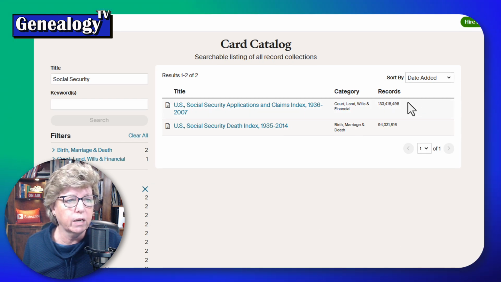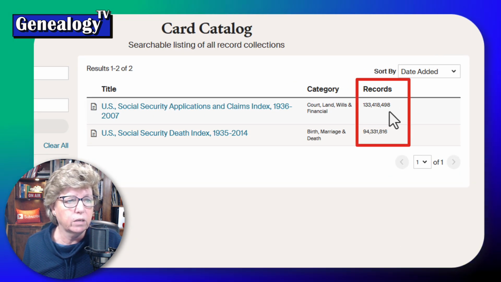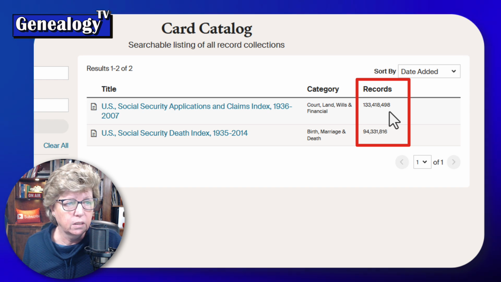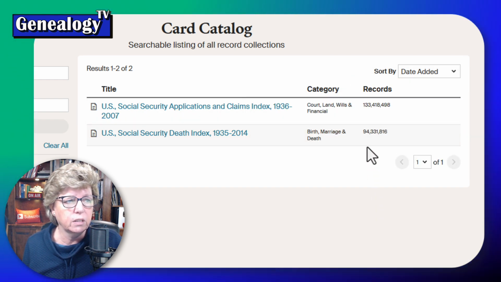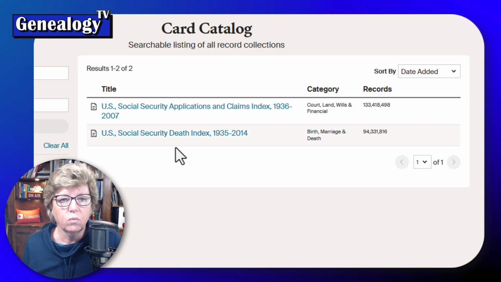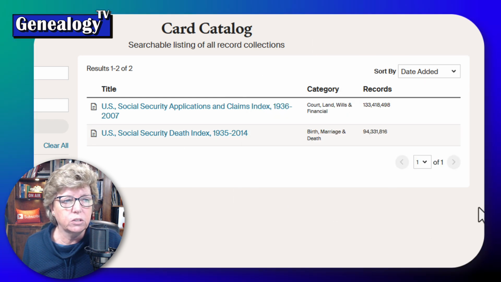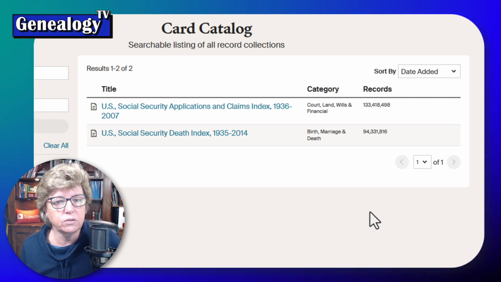So a lot of times you'll pick up the Applications and Claims Index. But I want to point out right here the record numbers: 133 million for the Applications and Claims Index versus 94 million in just the Death Index. Why is that? I don't know. But the point being, make sure that you're looking in both places. Will your ancestor appear in both record sets? Not necessarily.